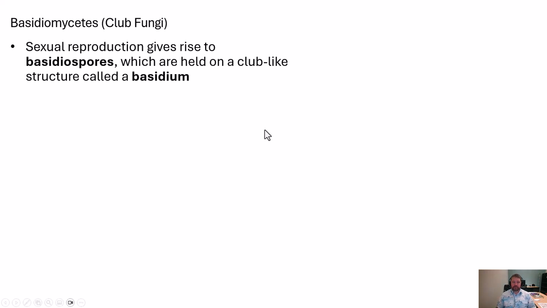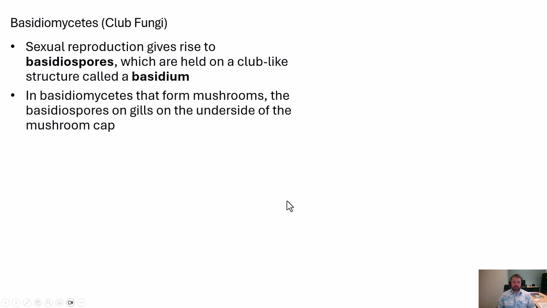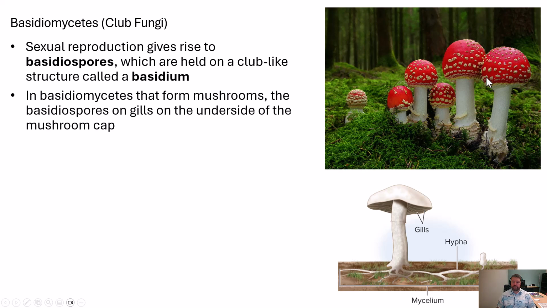So they form a club-like spore or structure, the basidium, and this is the group often when people talk about mushrooms. This is what people think of when they think of a mushroom, like a mushroom cap. And so the spores are typically in a gill form underneath the cap of the mushroom,